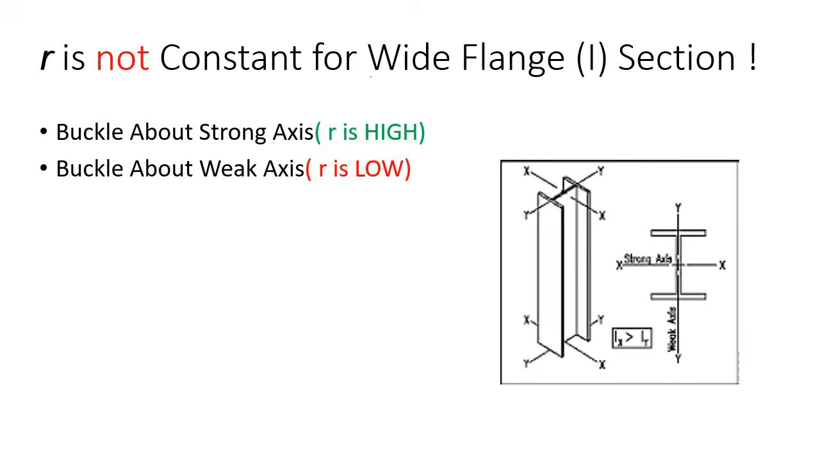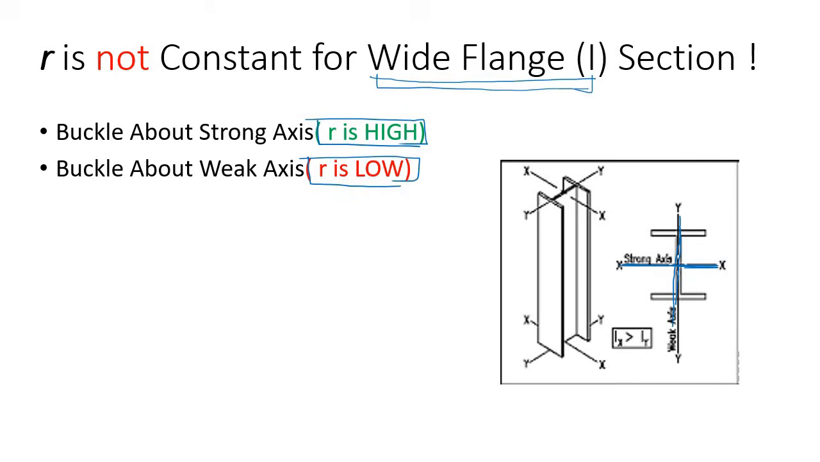I section or the wide flange section. Now for this particular wide flange section, there are two different R values. About this strong axis or major axis, we will have a radius of gyration of higher value, correct? But about this weak axis or minor axis, we will have a radius of gyration of lower value,